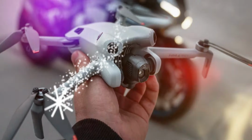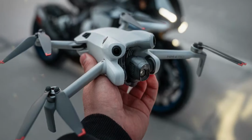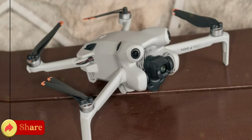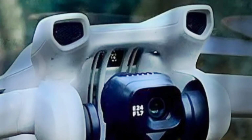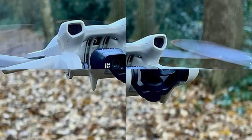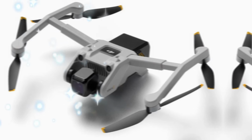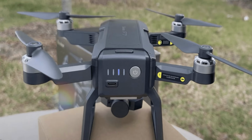The DJI Mini 5 Pro is the epitome of drone technology, offering a perfect blend of power, portability, and advanced features. As the latest addition to DJI's renowned Mini series, this drone is designed to cater to both novice and seasoned pilots. Its compact size and lightweight design make it incredibly easy to carry and operate, making it ideal for on-the-go adventures. Equipped with a high-resolution camera capable of capturing stunning aerial footage, the Mini 5 Pro delivers exceptional image